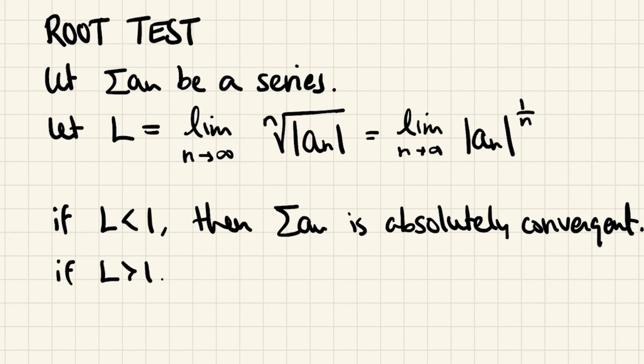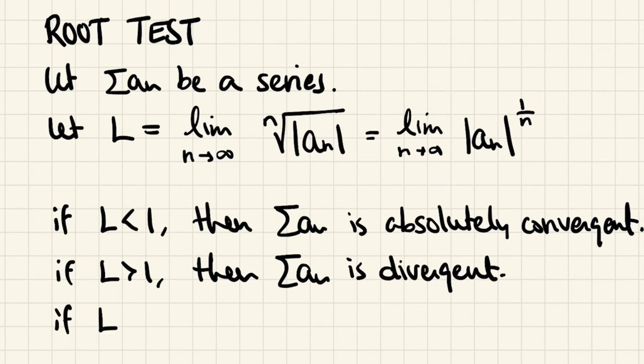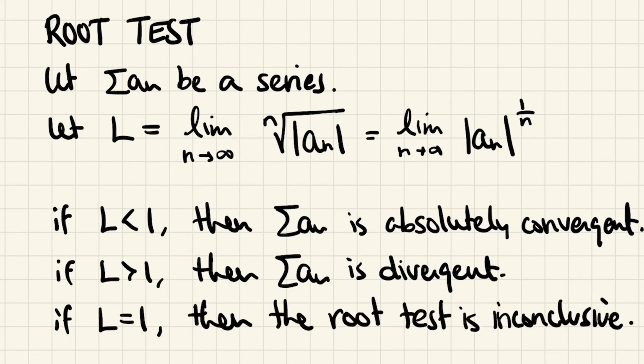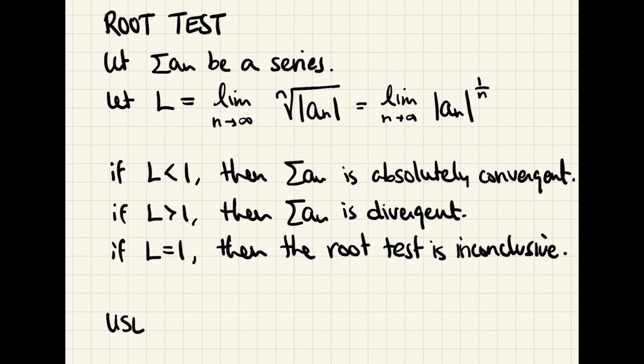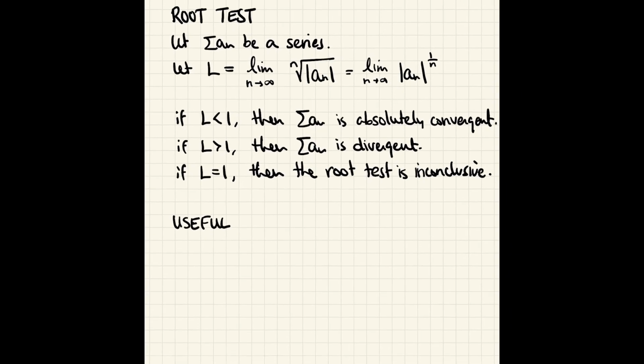If L is greater than 1, then the series is divergent. And if L is equal to 1, then the root test is inconclusive. Before we go and do some examples, I would like to just write down a few useful limits